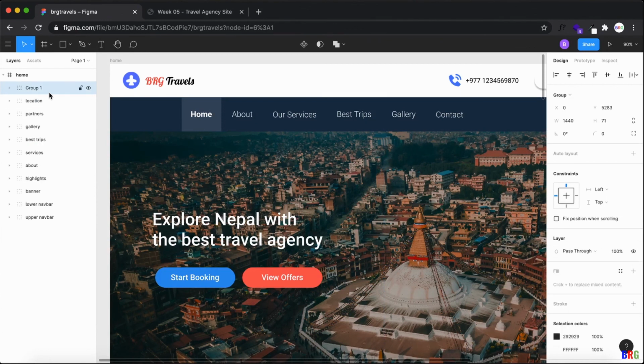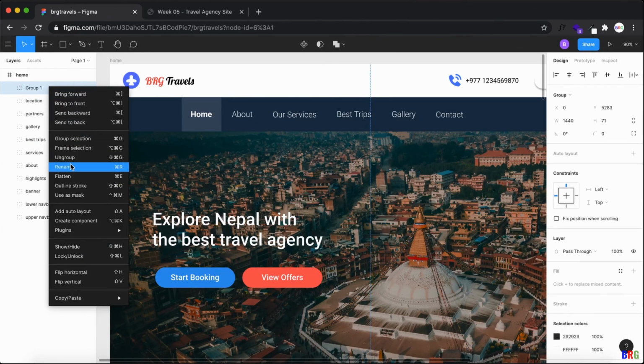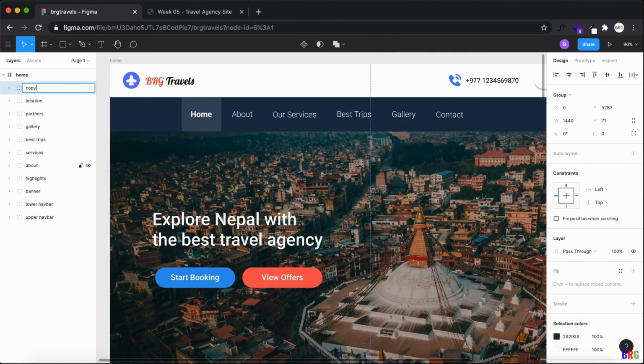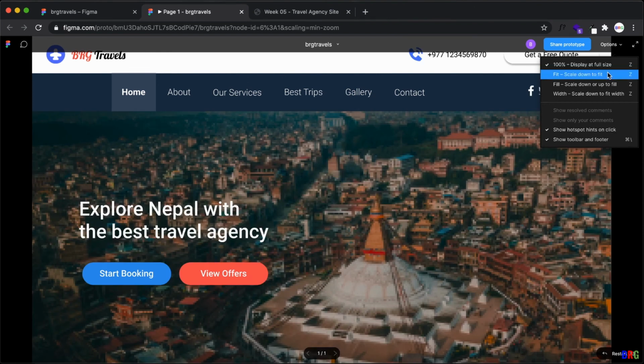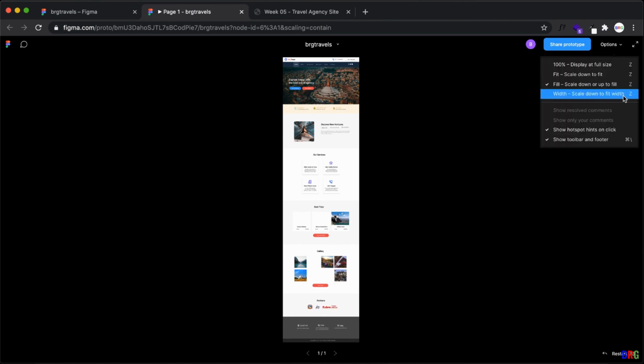Control G, and then copy. So this way you have these many sections, and let me present it to you. And this way our whole website is complete. Scale down to fit. Let me use a different option.